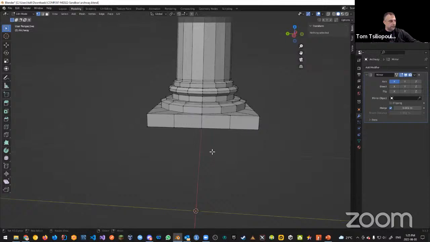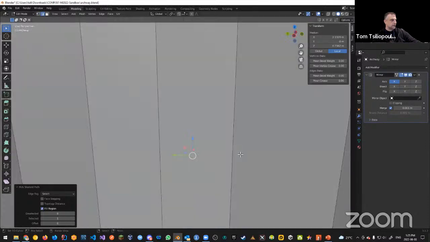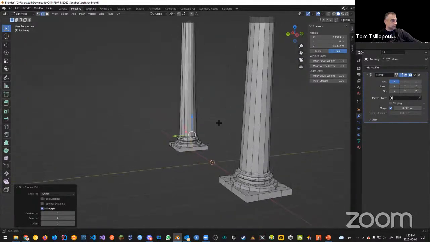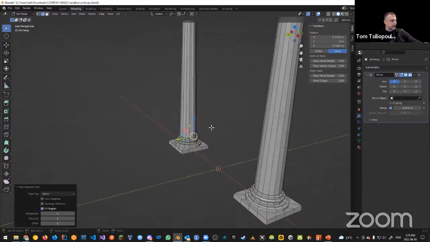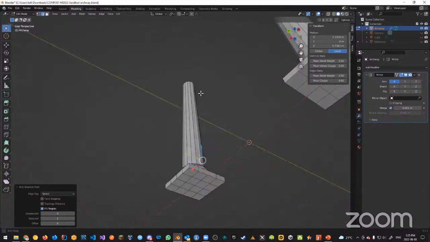Nice. We have our bottom part of our pillar. And when it comes to edge flow, if I want to select the entire edge, in edge select mode, if I do Control, Shift, and select, you can see that I select my entire edge now, right? That whole edge is selected, and it goes all the way to the top and all the way to the